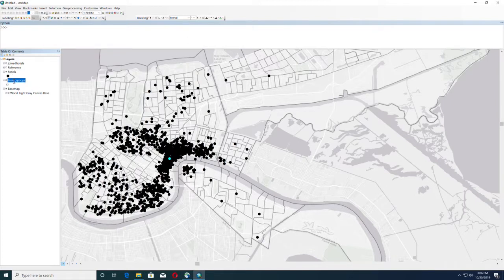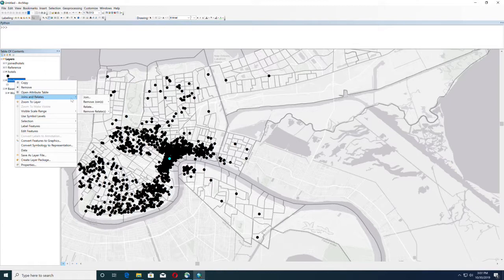So just as we would create an attribute join, where we'd join the attribute table of a database file or CSV to our spatial data, we are going to right-click on the enumeration unit we want to use. In this case, that is the neighborhoods, these block groups, and we're going to go to joins. Okay,